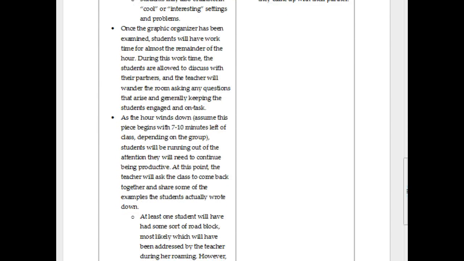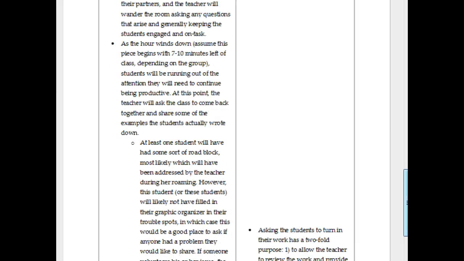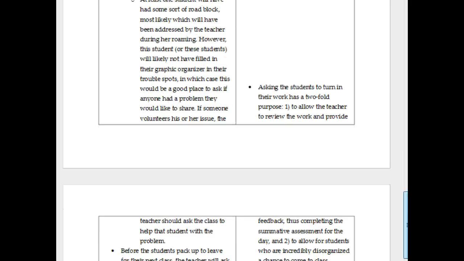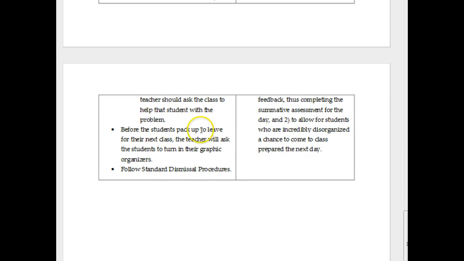Okay, so once the graphic organizer is examined, students have the remainder of the time to work, and then you anticipate some students having roadblocks and working with them, turning in their worksheet before you leave. Excellent. And I love that follow standard dismissal procedures, so I'll be very interested to see those, but I love the fact that